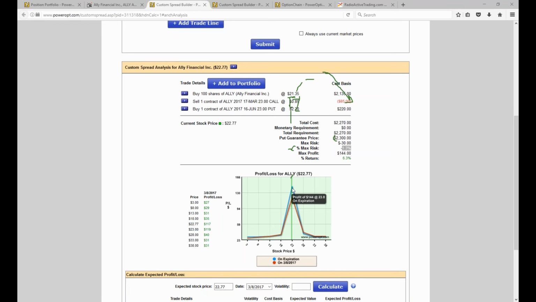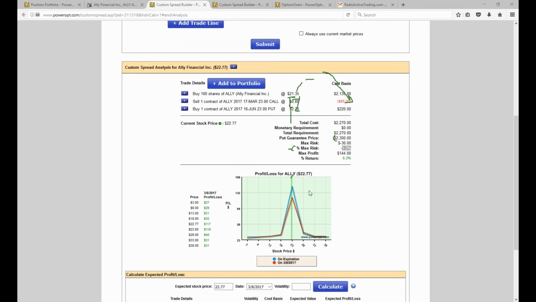So why did I sell the 21 call originally? Because I thought the stock in the next 14 days from that point, since it didn't jump from earnings on a good earnings announcement, would stay below 21. That's the only time I sell a call, if I think the stock's going to stay below that price. I had to roll it to the 23, which I did, because I didn't think it would go over it, but I didn't think it had enough strength to stay over 23 through March expiration.